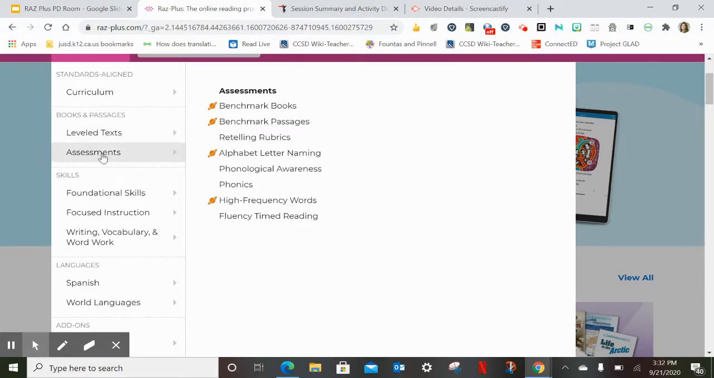RazPlus does also have assessment options for you. And again, these are optional. These are not required for you to administer with your students, but we just want you to know they're there, they're available. One of the ones that tends to be a little popular is the benchmark passages, because